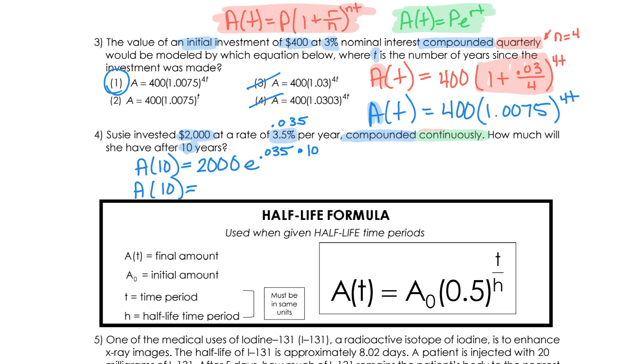Okay. All right, guys, all we have to do is type that in. So again, I'll walk you through it, but type in 2,000, hit your second and your ln key to get the e, and then it gives you an exponent in your screen, and you're going to type in 0.035 times 10. Okay, notice 0.035 times 10 is all up in the exponent for e. If you have the older calculator, make sure your 0.035 times 10 is all grouped in one set of parentheses. Okay. Hit enter, guys, and we're going to end up with 28